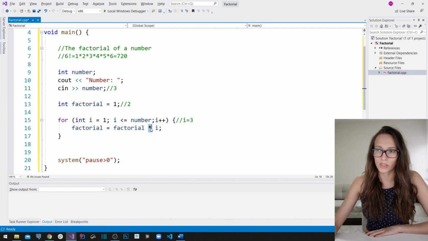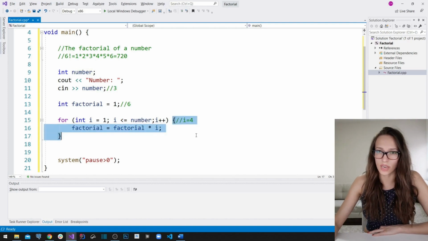So 2 multiplied by 3 is going to be 6, and that is assigned to your factorial variable. After that, it goes here and increases the value of your I variable, the counter that you are using in your for loop, and that value becomes 4 now. After that, it checks this condition here, and 4 is not less than or equal to 3, so your for loop is not going to execute anymore, and then your